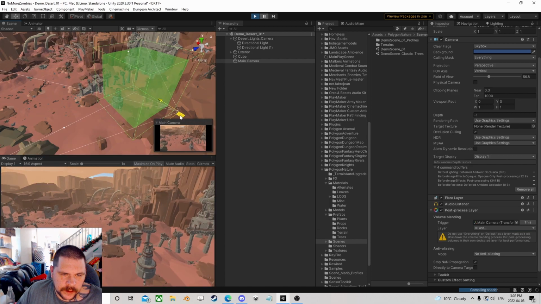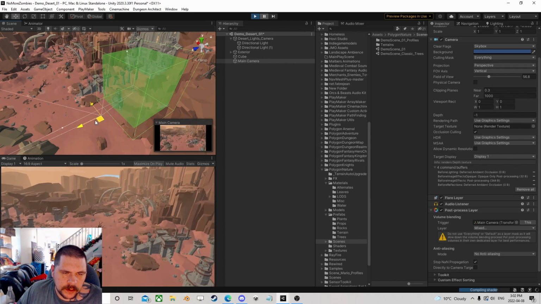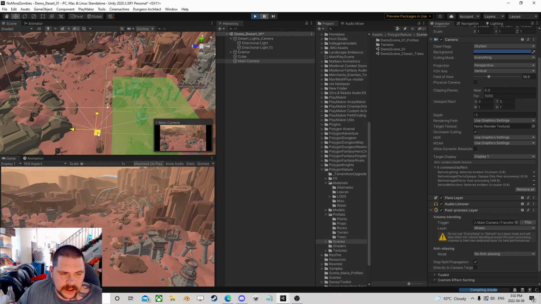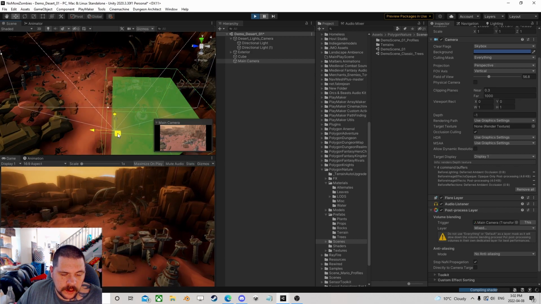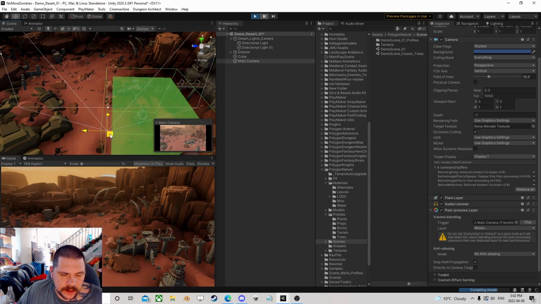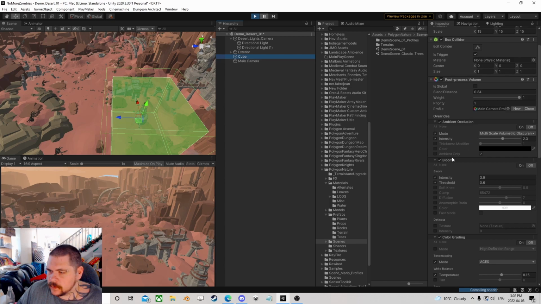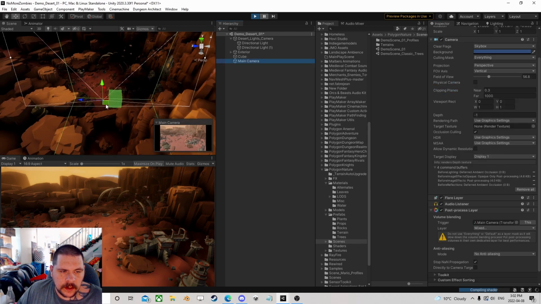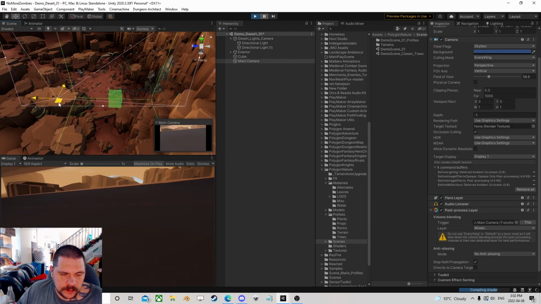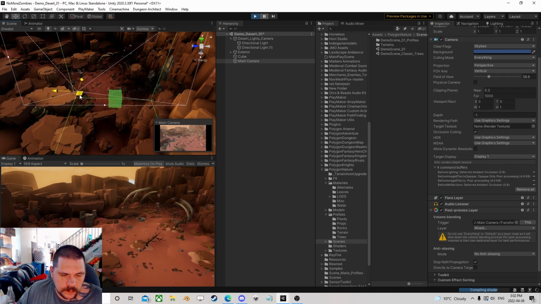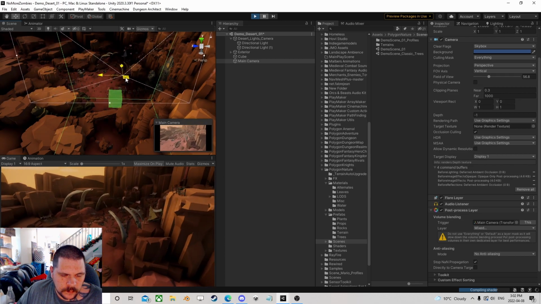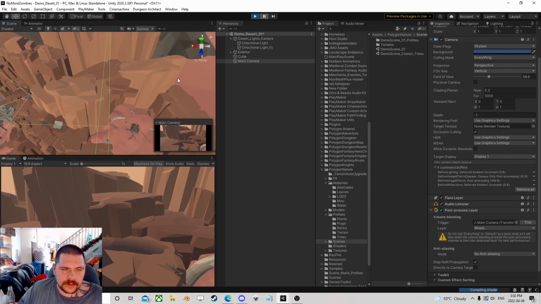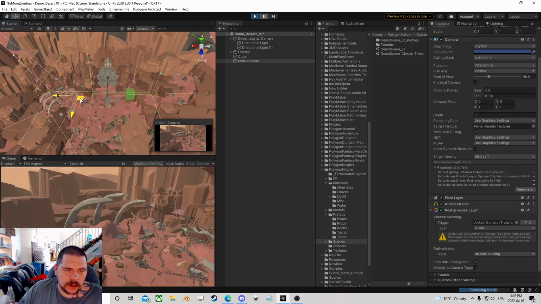So you can use it by trigger volume too, but you see that blend weight. I don't have a whole lot on, but it doesn't just instantly turn on. It goes on pretty hard, all the way on, all the way off, but there's a little bit of blending. And I could ramp that blend distance right up if I wanted to, so it's more gradual. And you can blend different ones together. You can have some that are global and maybe it's doing